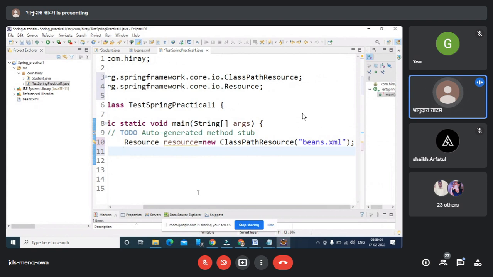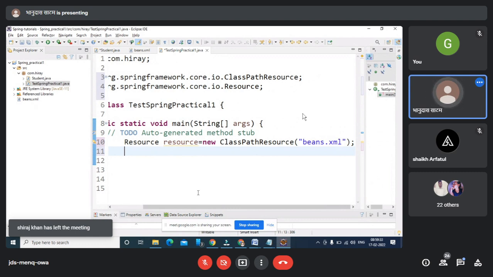So once I create the resource, I'm mentioning that whatever beans are available here, you are going to refer to that beans resource XML from here. Okay, are you getting me? So after creating the resource, I'm using my bean factory to call a bean.